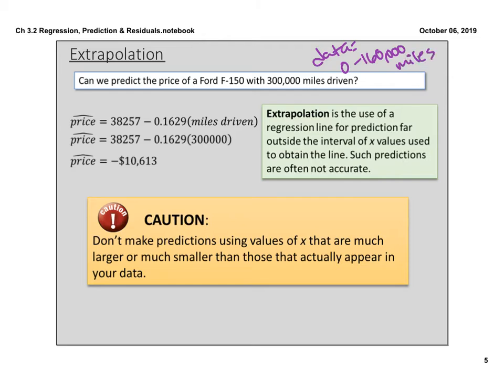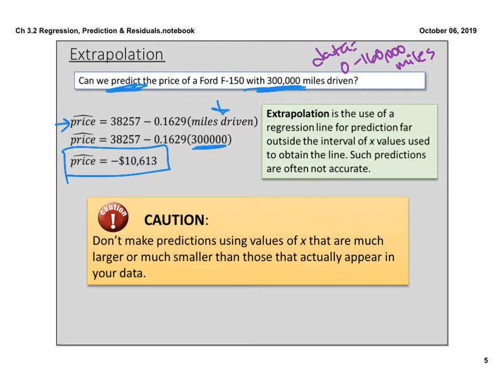Let's talk about what the price of the car would be. It says, can we predict the price of a car with 300,000 miles driven on it? We would take that same equation, plug in 300,000 miles for the miles driven, and here's the price that we get. We get a price of negative